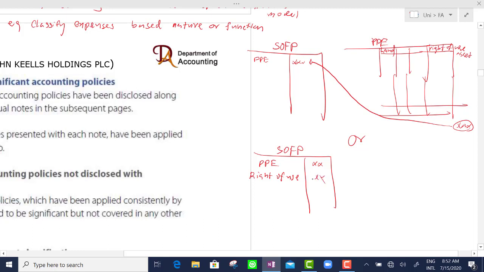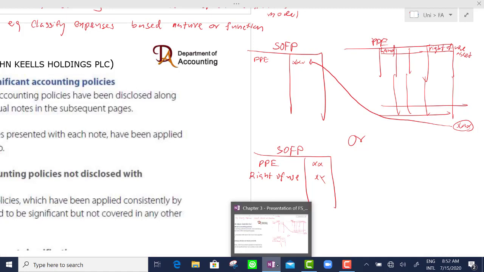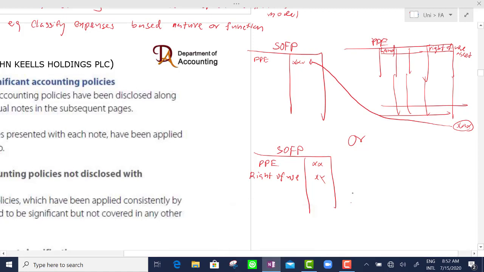separately, right? So it is clear in the earlier case the right of use asset is included in the carrying amount of PPE, right? Therefore we see a single line item here, but as an alternative you can have another line item in the statement of financial position, that is right of use asset, separately from PPE